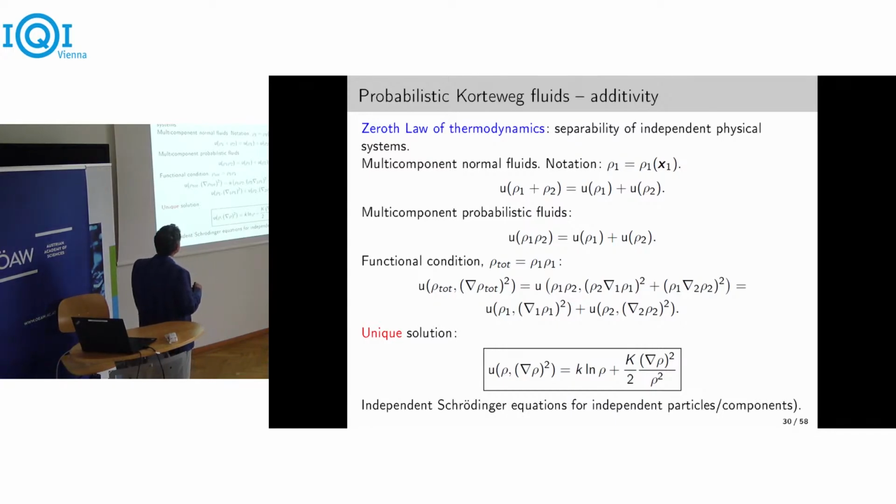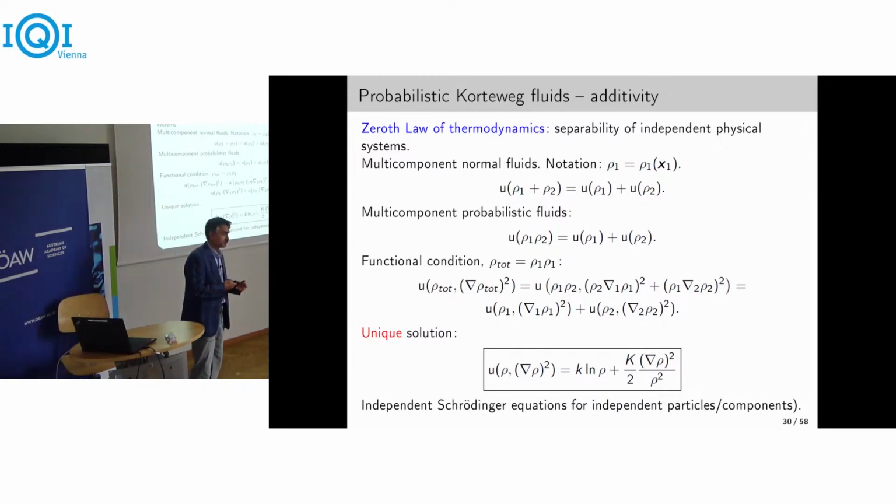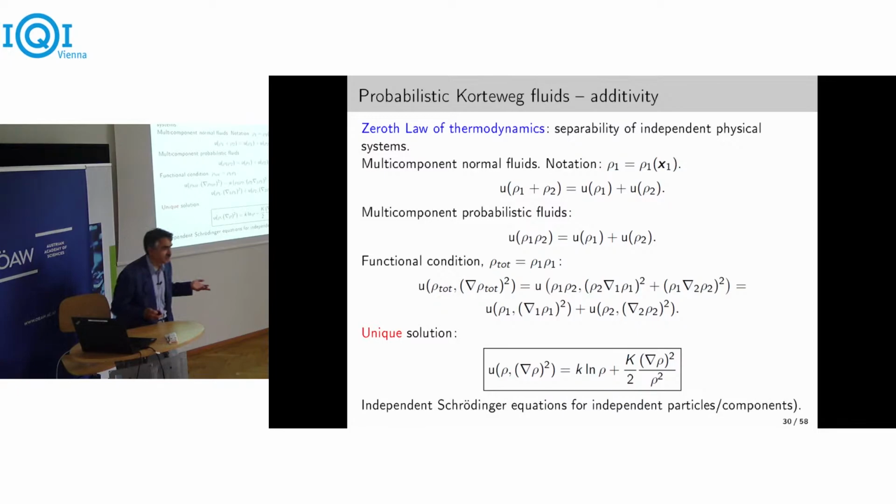So therefore, in a fluid picture, let's say there is an internal energy or any function that depends on the sum of the fluid densities. Then usually this is, let's say, the separation of multi-component fluids. But if I want to introduce probabilistic fluids, where this density is not a simple fluid density, because quantum mechanics is a probabilistic theory, moreover, not a classical probability. Anyway, for any probabilistic theory, it's valid that independent systems are characterized by the multiplied